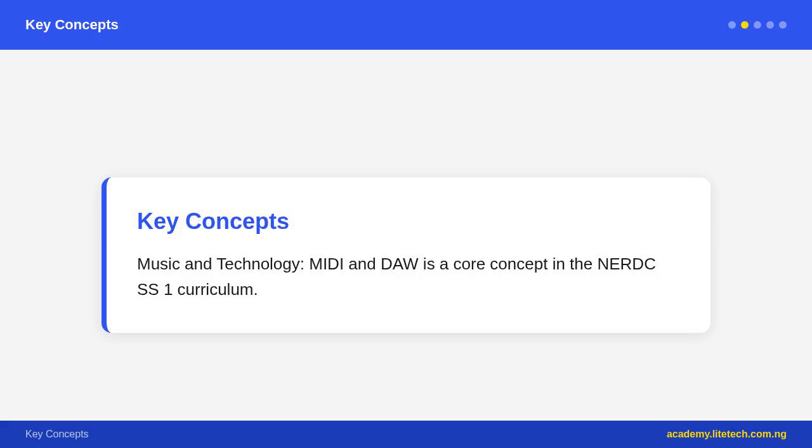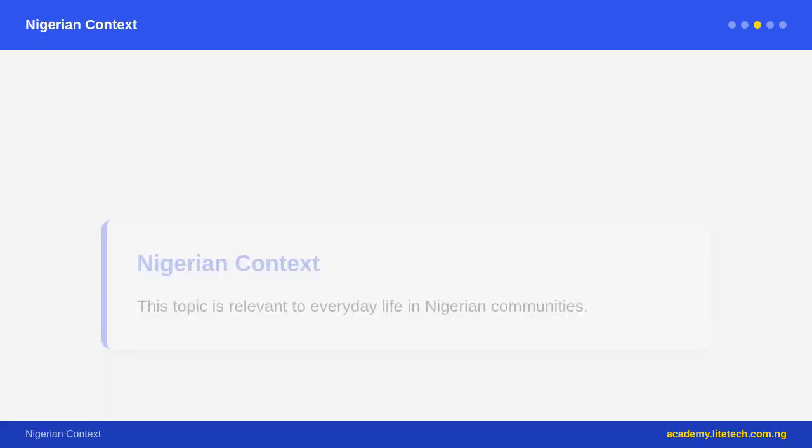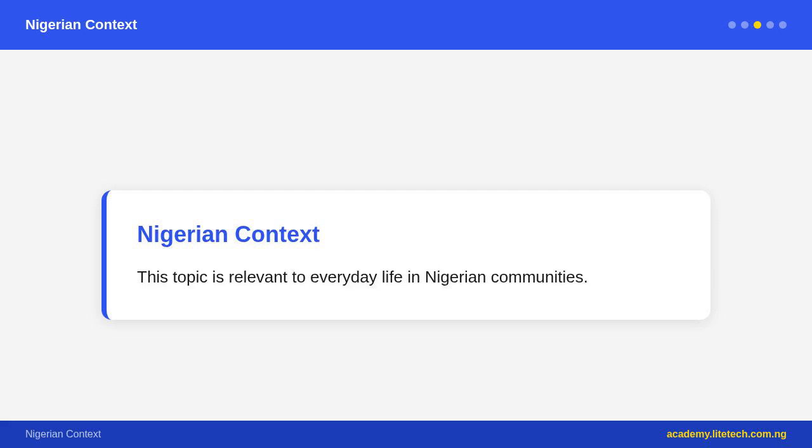Common DAW software used in Nigerian music production includes FL Studio, also known as Fruity Loops, which is widely used by Afrobeats producers and is associated with many hit productions, Pro Tools, the industry standard in professional recording studios worldwide, Ableton Live, used for both production and live performance, Logic Pro, available only on Mac computers, popular for its high-quality built-in instruments and effects, and GarageBand, a free, simplified version of Logic Pro. Available on all Apple devices, suitable for beginners.